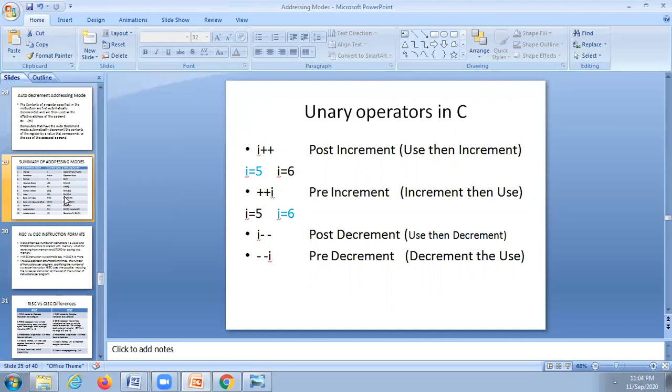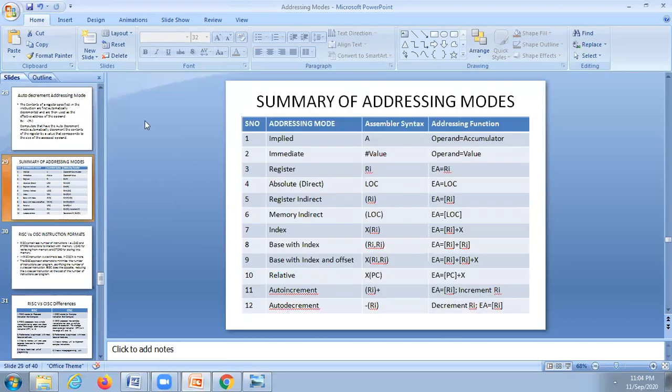Then this is the summary of all addressing modes. This is the auto increment and auto decrement here. Here E is equal to RI first, whatever is there in RI is the effective address, then increment that pointer.